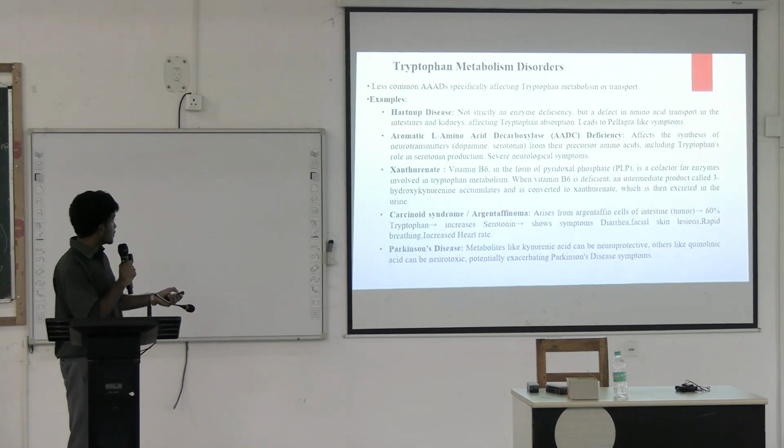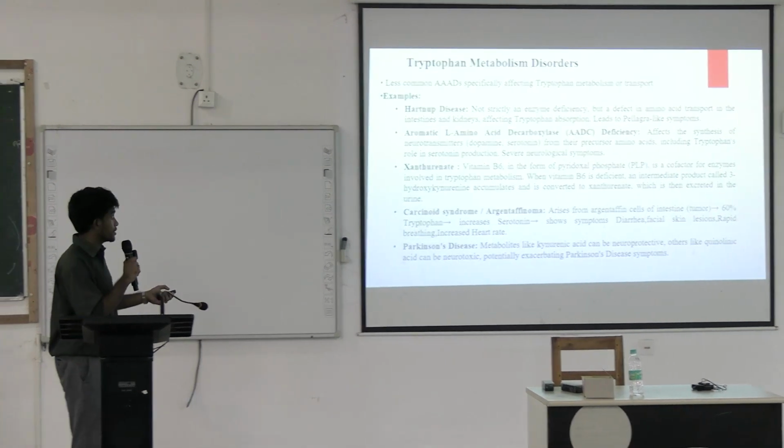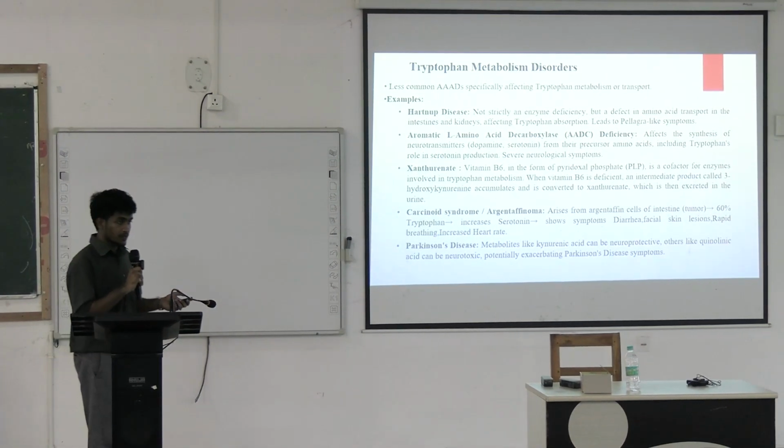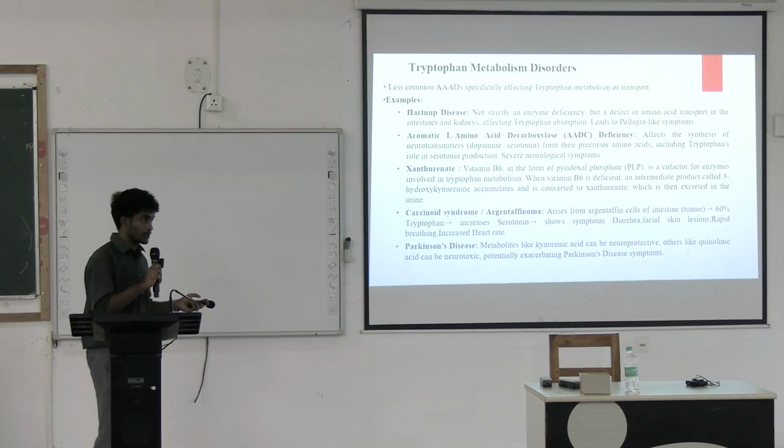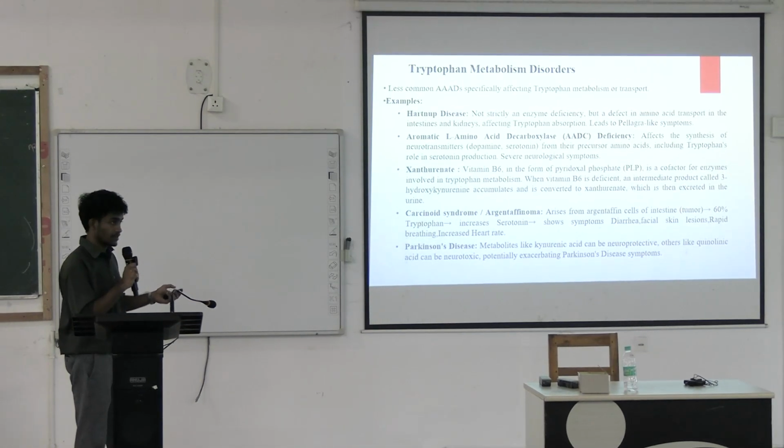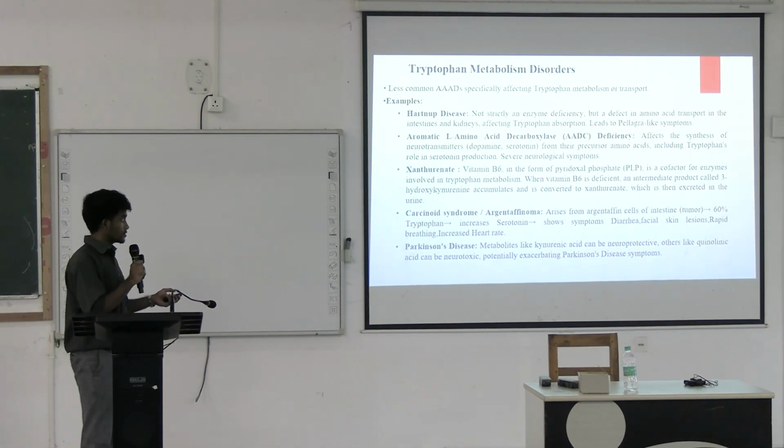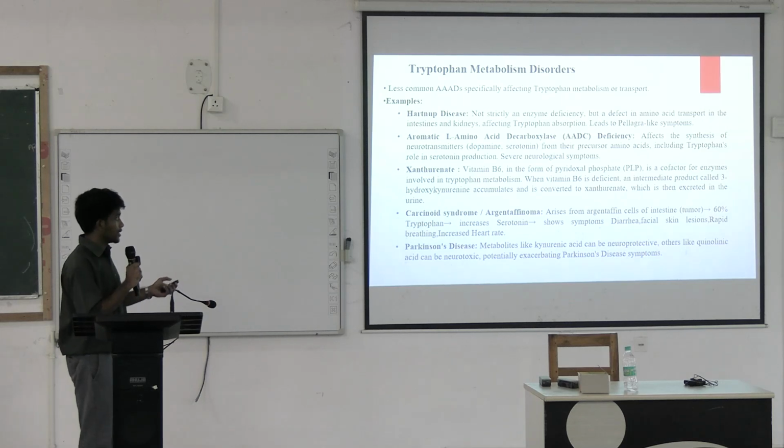Now I'll be discussing tryptophan metabolism disorders. What are tryptophan metabolism disorders? These are less common aromatic amino acid disorders which affect tryptophan metabolism or tryptophan transport. Examples: Hartnup disease, which is not strictly an enzyme deficiency disease. There is a defect in amino acid transport in the intestine and kidneys, affecting tryptophan absorption and leading